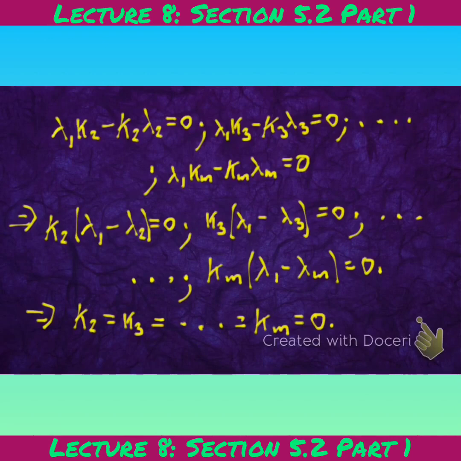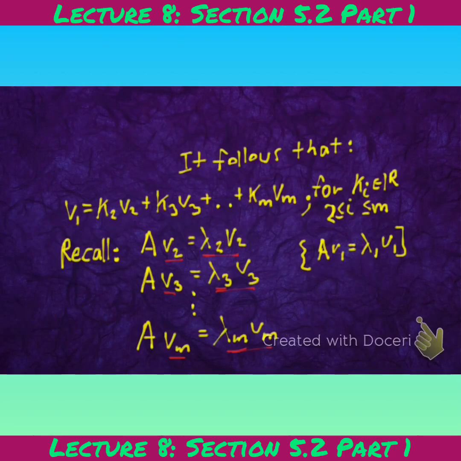Okay, but what's the problem with that? If we go back to the original representation, this representation here, what have we just shown? What have we just shown? Right, we have shown there that K2, K3 up until Km, they are all 0. And that is what we've shown. And what is the problem with that? The problem with that is that because these terms are 0, okay, what is the problem with that? It's going to mean that